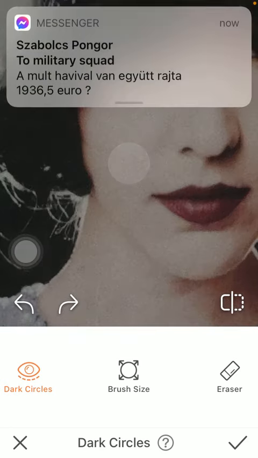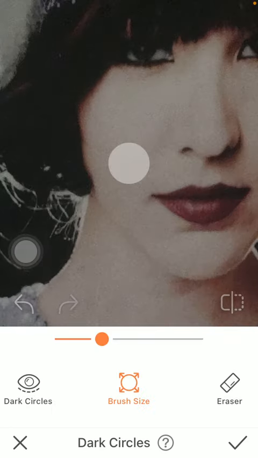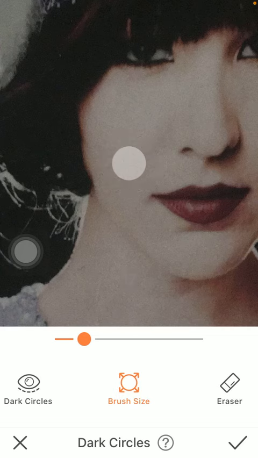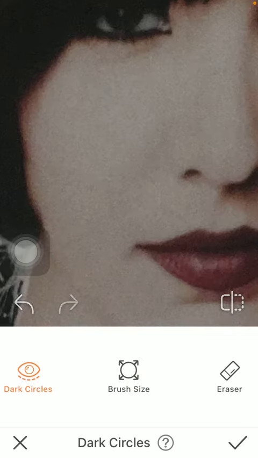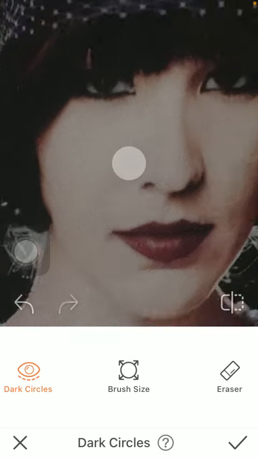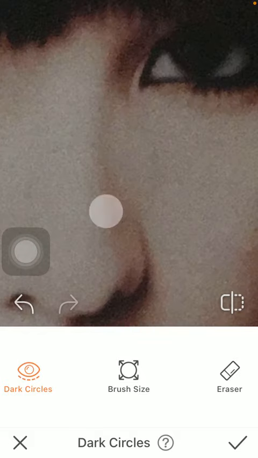zoom in, select your brush size on the scale, and brush across the area where you can find the dark circles under your eyes. And if you tap on the dark circles button, you will be able to see how it's being removed from your picture. So try it out on the next